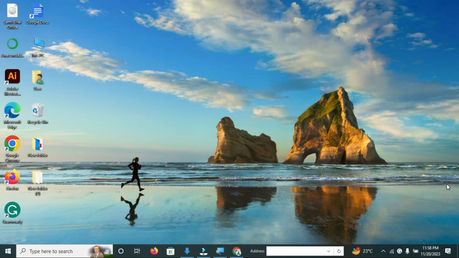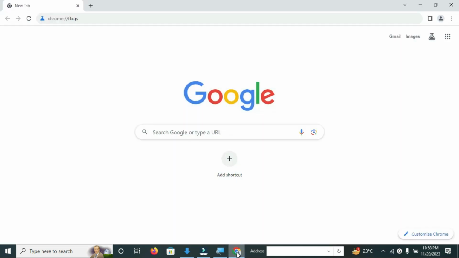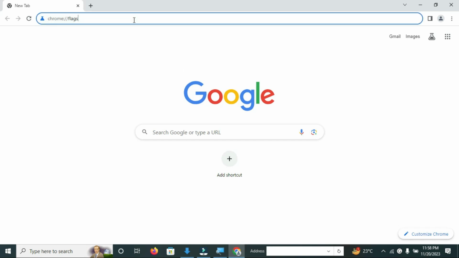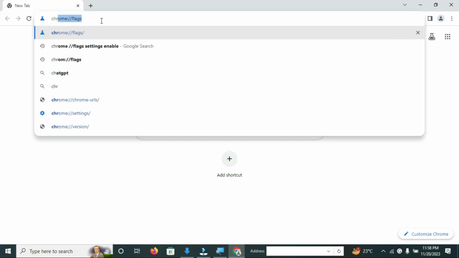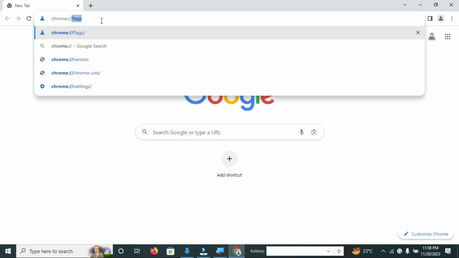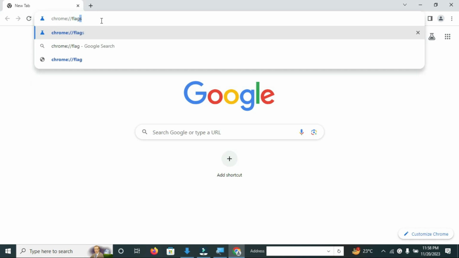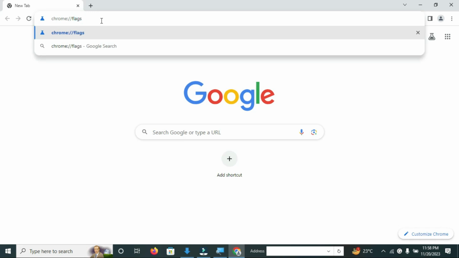So, how to enable smooth scrolling in Google Chrome? You have to open your Google Chrome browser first, and here at the top right corner, you have to type chrome://flags. Once you have typed it, hit enter,